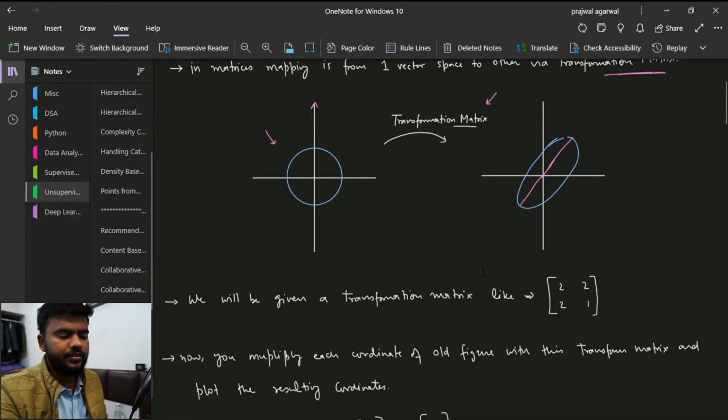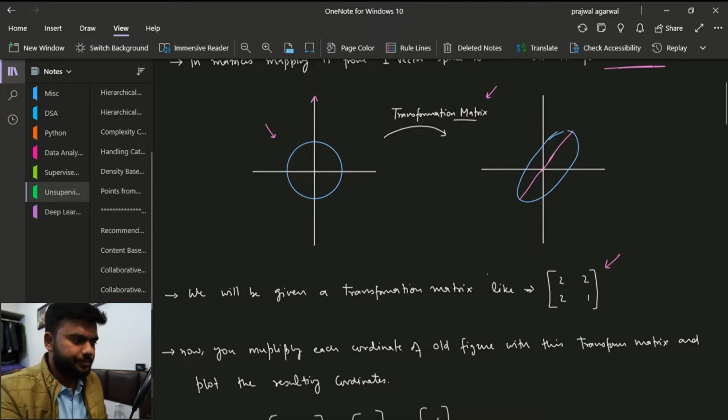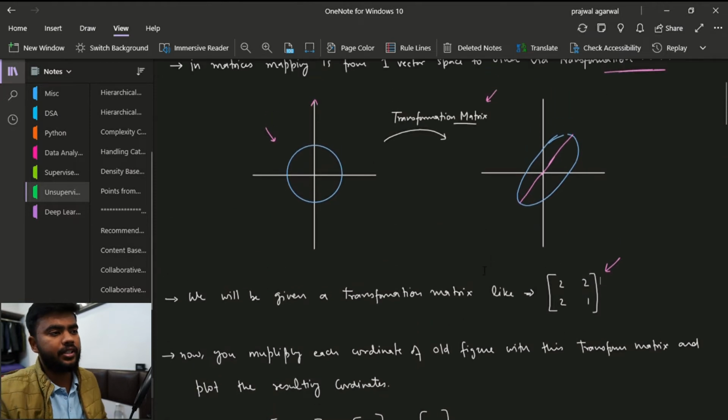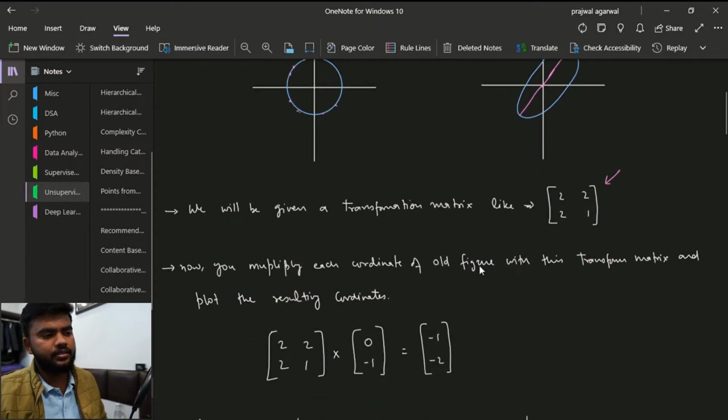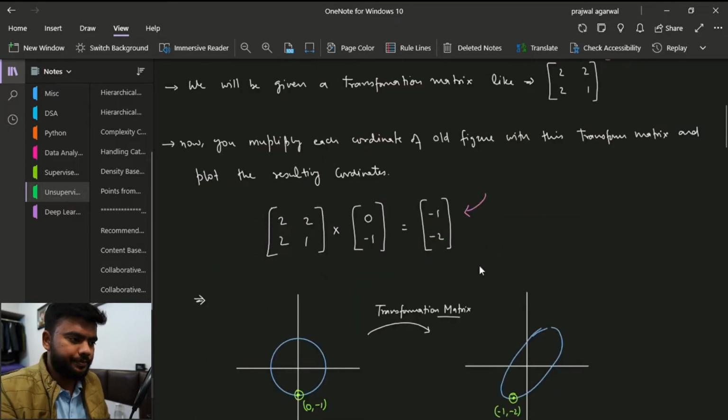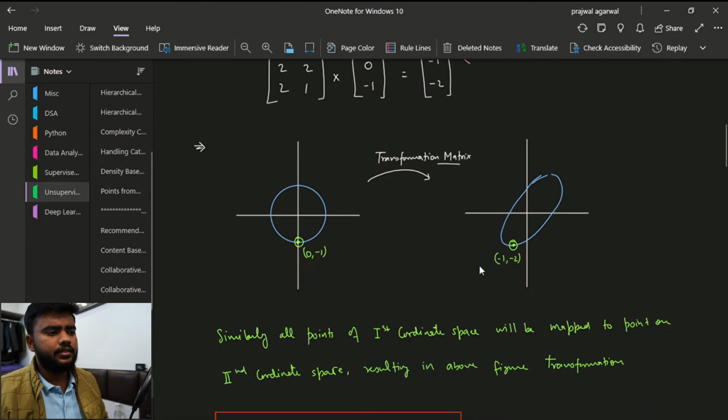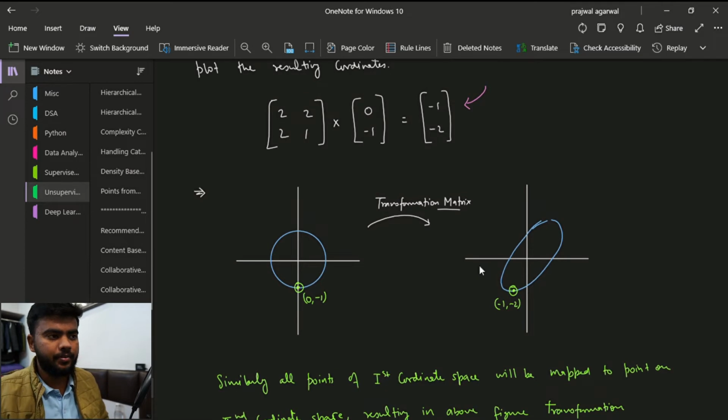Okay, so for example, we are given a transformation matrix right here, and this will be given in your questions. So now you multiply each coordinate. Suppose these are the coordinates that we have. We multiply each coordinate of our old figure with the transformation matrix, and we plot the new points that we get. For example, earlier this was the point 0, 1. Once we transform it using the transformation matrix, the new point becomes -1, -2, which is